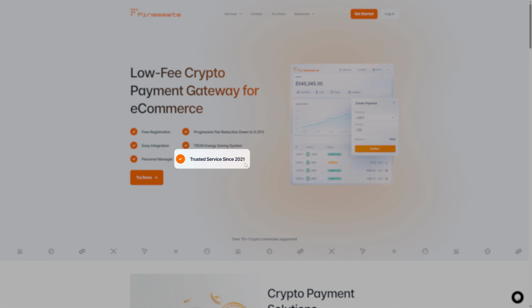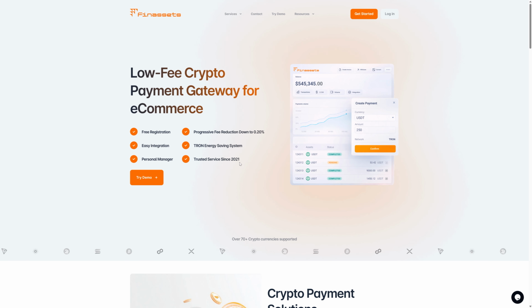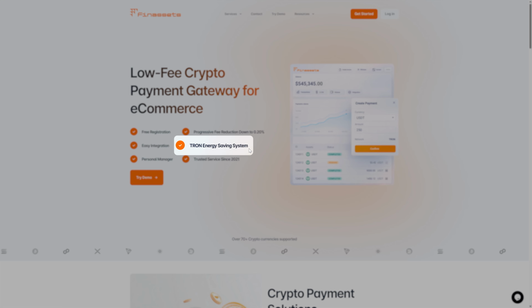Finassets is a crypto payment gateway founded in 2021, designed for businesses that want to accept cryptocurrency payments easily. One of the key advantages of Finassets is its built-in Tron energy saving system. This feature helps reduce Tron network fees by more than 50%, making it especially efficient for businesses accepting USDT TRC20